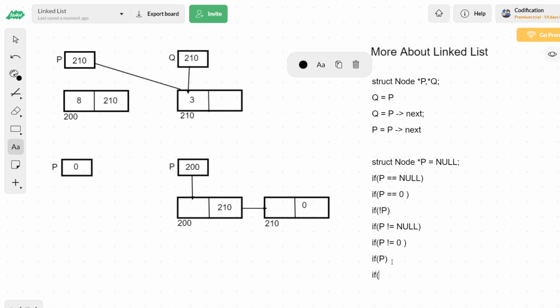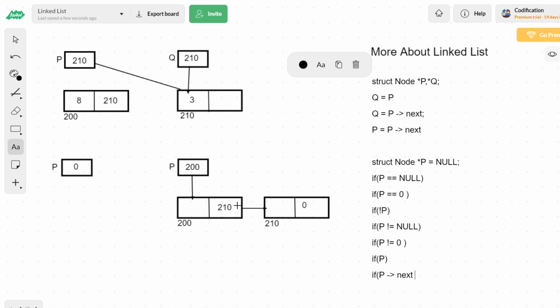If P is actually a pointer, but if I want to enter into the node, then I have to use the arrow operator. The address of the next node is stored in the member called next. So P arrow next. What I am thinking in my mind is, if this pointer to the next node is equal to 0, which means that there is no next node available.